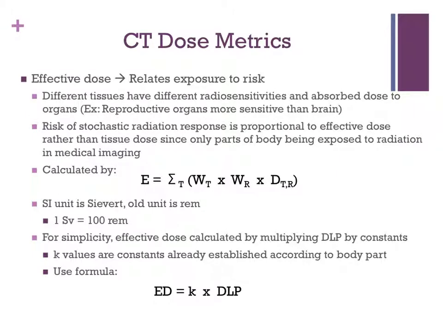The effective dose relates to the exposure to risk. So it takes into account the different tissues that have different radiosensitivities and absorb dose to specific organs. Example, the gonads are more sensitive than the brain tissues. And the risk of stochastic radiation response is proportional to the effective dose rather than the tissue dose, since only parts of the body, not the entire body, are exposed in medical imaging. Effective dose can be calculated by this formula,